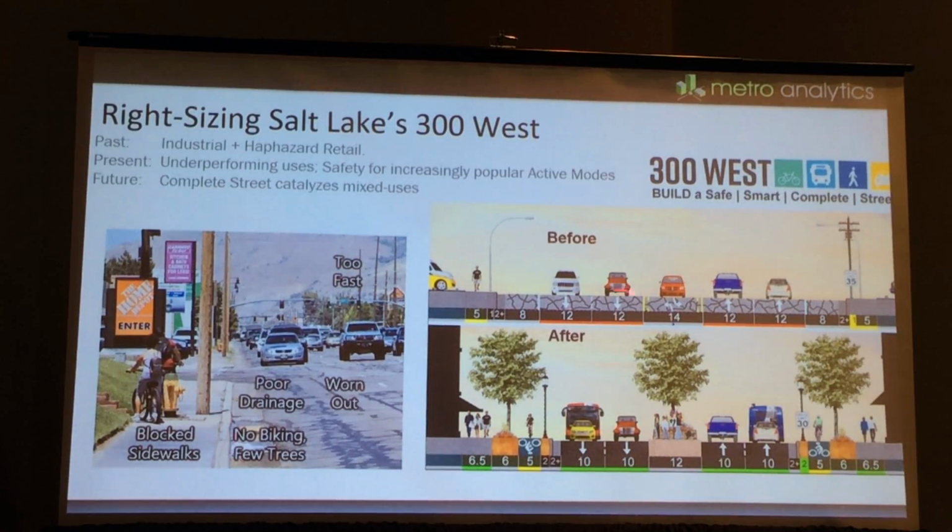Now, so that's just kind of the way it is right now, and we used that program that we built, streetplan.net, to create these graphics. And then this is a picture of what it could be afterward. It's the same amount of right-of-way. And I'm a traffic engineer in my other part of my job, and I look at that and I go,